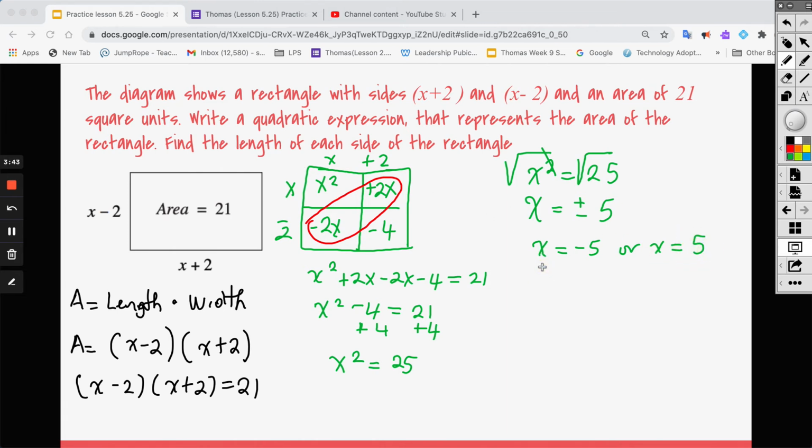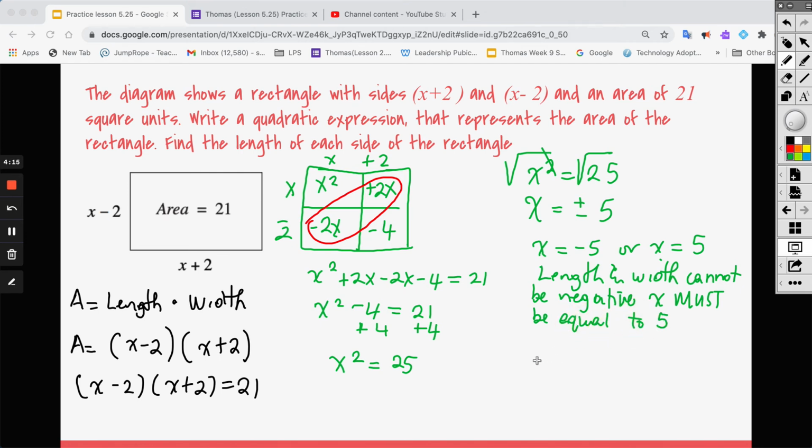Since we know that length and width cannot be negative, x must be equal to a positive 5, which means that one side, if the side is x minus 2, then that's going to be 5 minus 2, which is 3. And then the side that is x plus 2 is going to be 5 plus 2, which is equal to